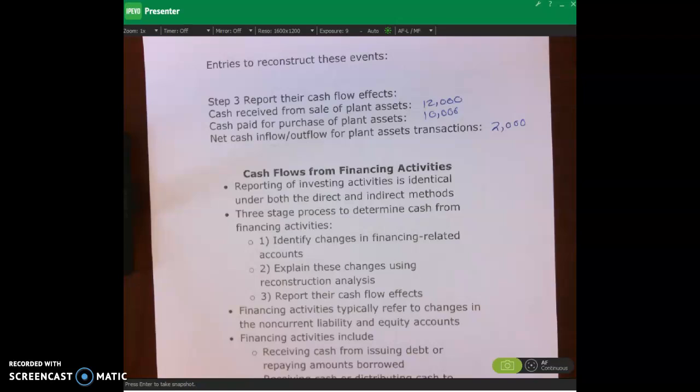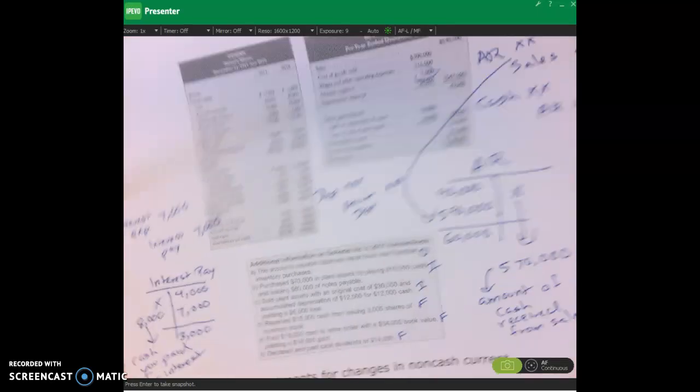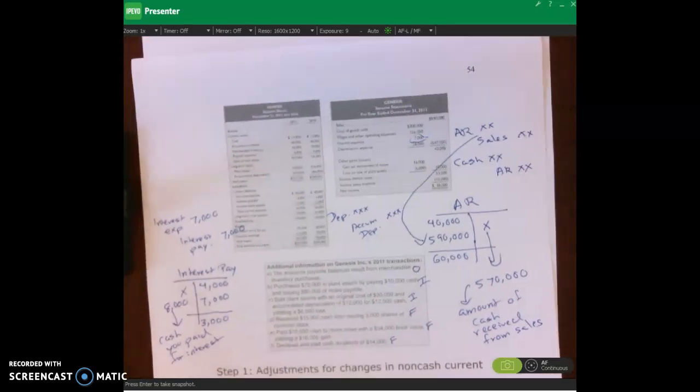Okay, so examples would be issuing bonds, paying bonds, retiring notes payable. Okay, paying dividends is another example of a financing activity. And so when we look at our example for our Genesis company, which is what we've been looking at for a while,